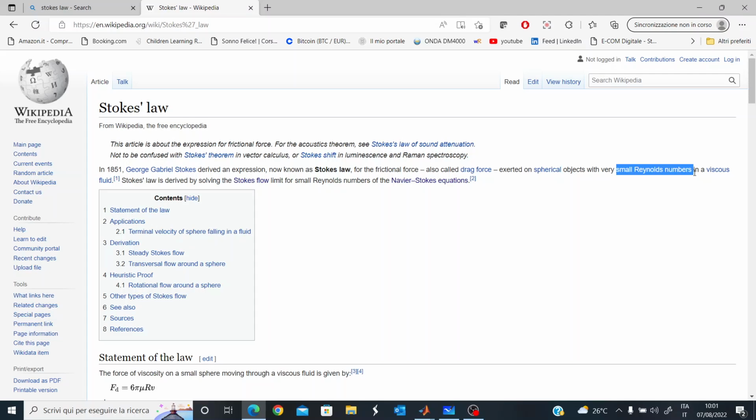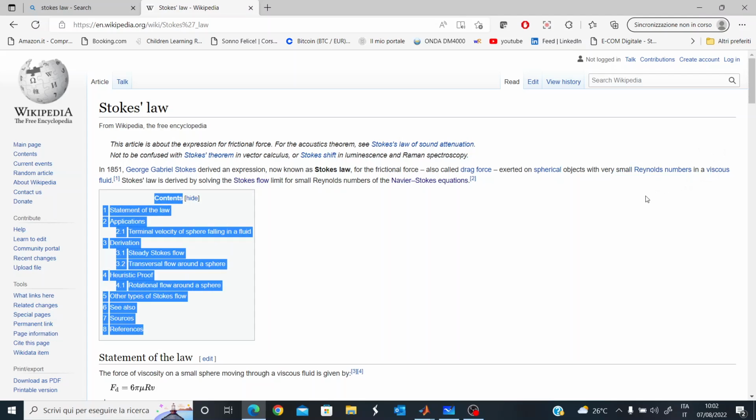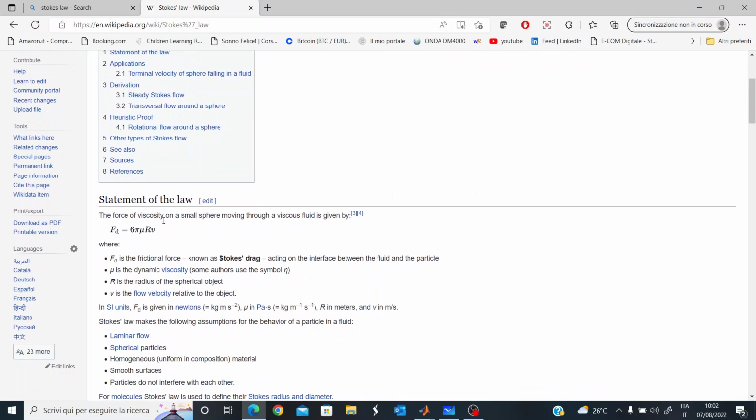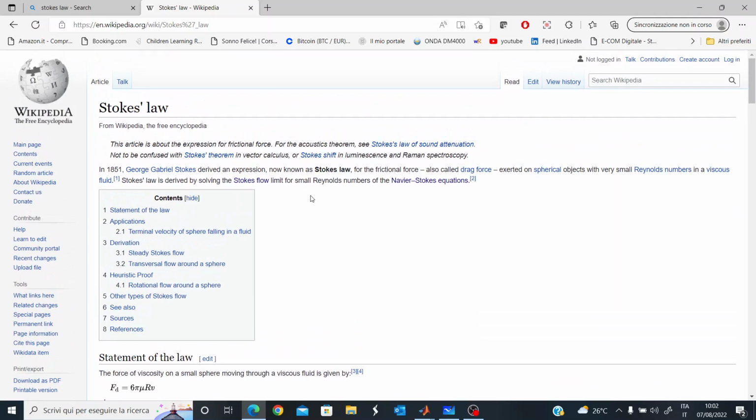we can neglect the inertial forces and the kinetic terms, which are proportional to v squared. So I will talk about it also later. We have already derived in previous videos the equations also known as Navier Stokes equations or hydrodynamics equations. We will use those equations to derive this law, and we will skip some calculations, but those calculations will be